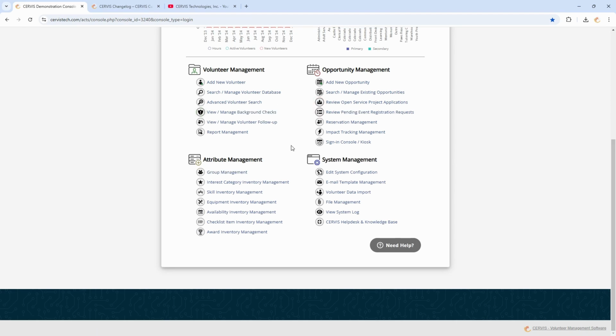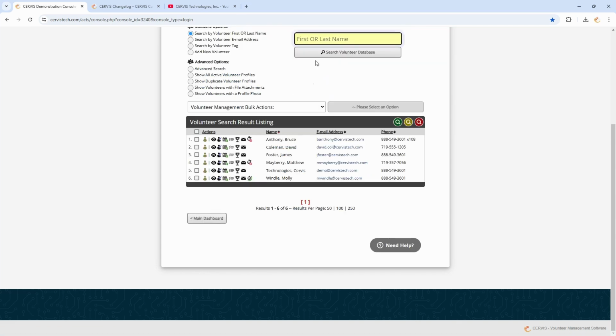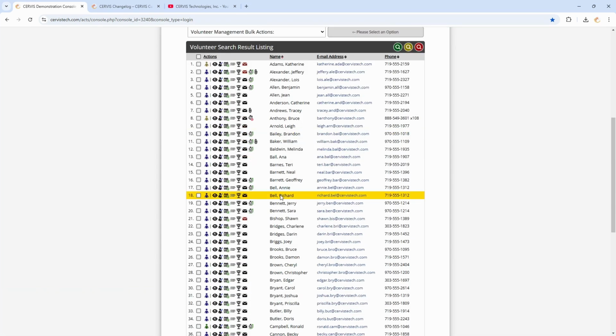Okay. There was a question going back to the waivers. I want to make sure to loop back and cover this. And then there's one last thing about refreshing your database. But if we go into the volunteer database and we click on a volunteer's account, we can view their profile